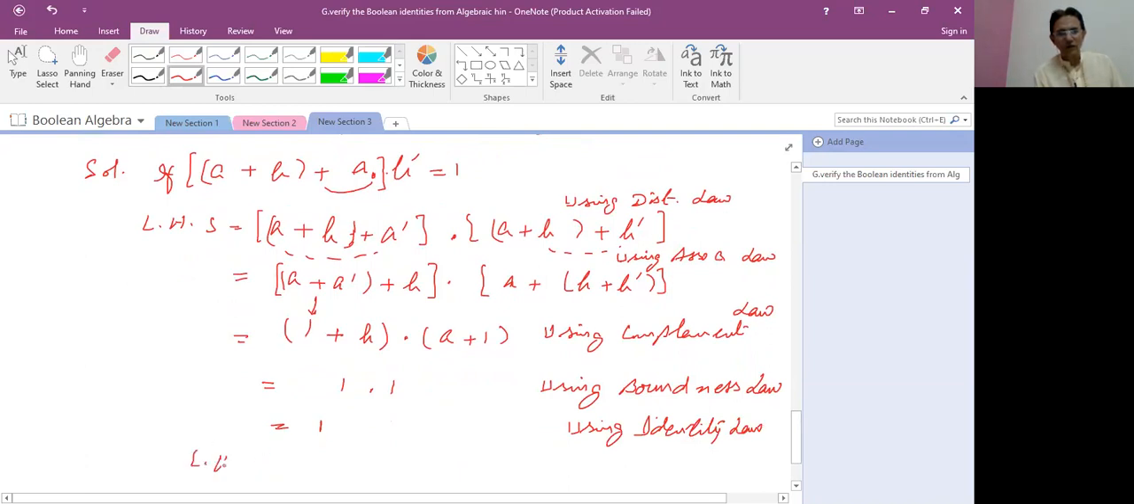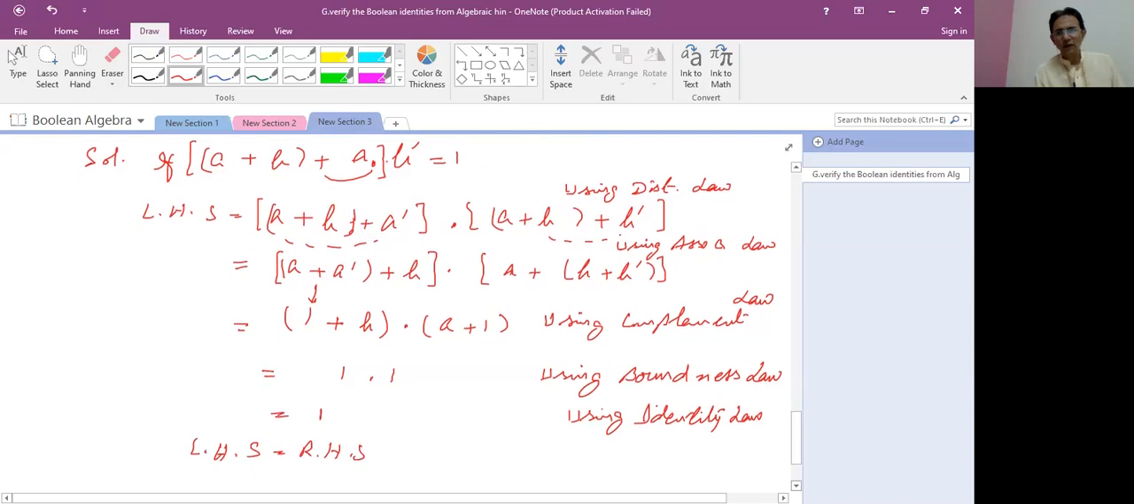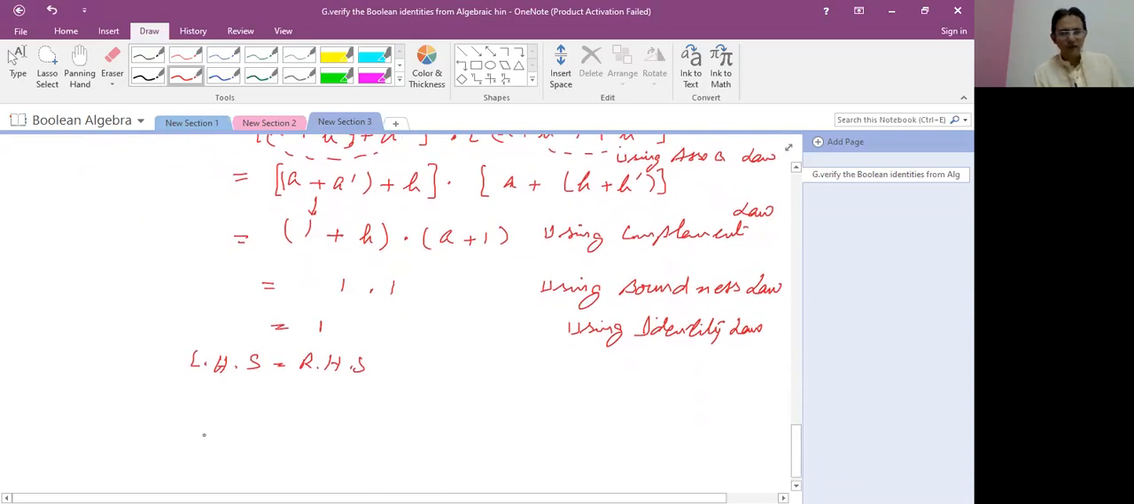So left hand side is equal to right hand side. Now when we consider, student, (a plus b) dot a complement into b complement, which is equal to 0, when we consider here the second De Morgan law, (a dot b) whole complement, which is equal to a complement plus b complement. For the left hand side, when we consider